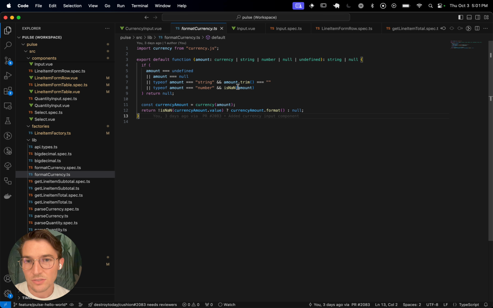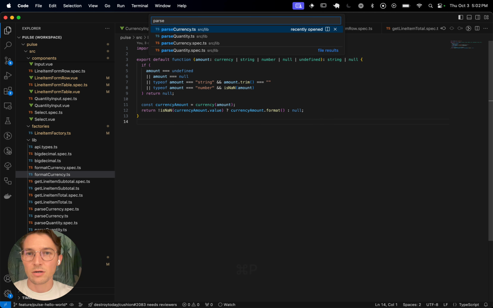If there's any empty strings or not a number in there, I want to make sure that I catch that, so it's not like an invalid input that you get and then it's a headache. I just end up defaulting to null if anything's wrong. And then for parsing currency,